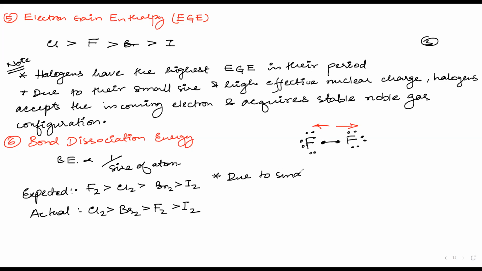Due to small size of F, the inter-electronic repulsion. Remember the same point we have written in nitrogen also, but in that we have stated that nitrogen single bond is not stable, right? The nitrogen single bond is weaker than phosphorus single bond due to inter-electronic repulsion between the lone pairs. Here also what we will write: due to small size of fluorine and inter-electronic